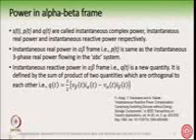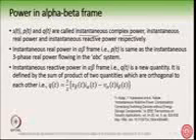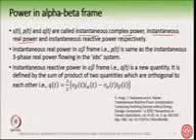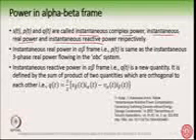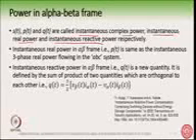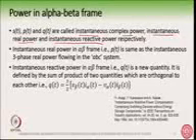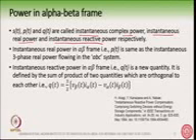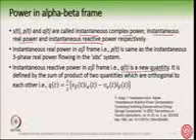Now ST is called instantaneous complex power, PT is called instantaneous real power, and QT is called instantaneous reactive power. Now this instantaneous real power in the alpha beta frame, this is what we are finding out. Instantaneous real power in the alpha beta frame is the same as the instantaneous three-phase real power flowing in the ABC system. But this QT is a new quantity.